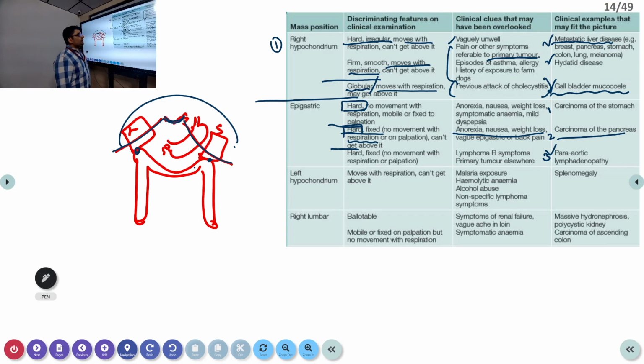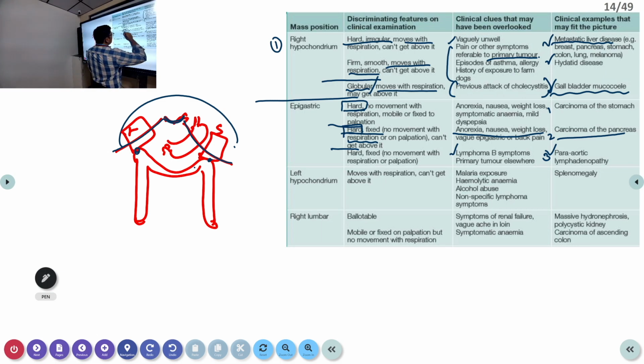Okay, the other cause of para-aortic lymph nodes is lymphomas, as well as primary tumors elsewhere, multiple regions where it can occur. One of the things which you have to always remember, because you may get a scrotal case, and a hydrocele may be there, or a testicular swelling will be there. There the examiner will ask you, did you examine the abdomen? Why is he asking you that? Mainly because if there is a testicular malignancy, there may be para-aortic lymph nodes. So that point you have to remember.